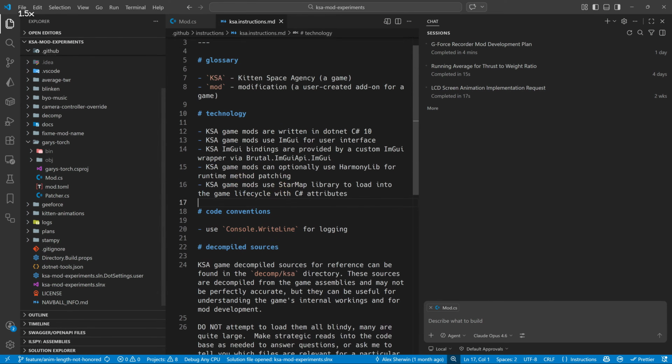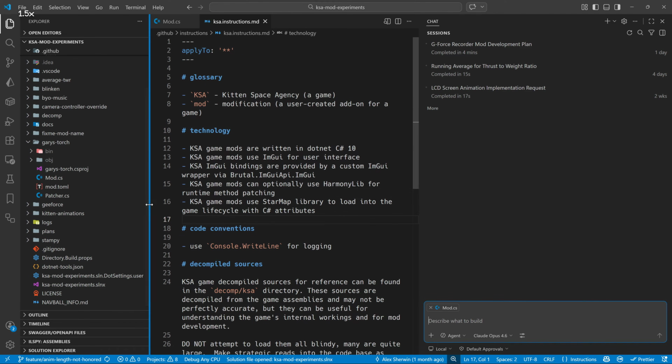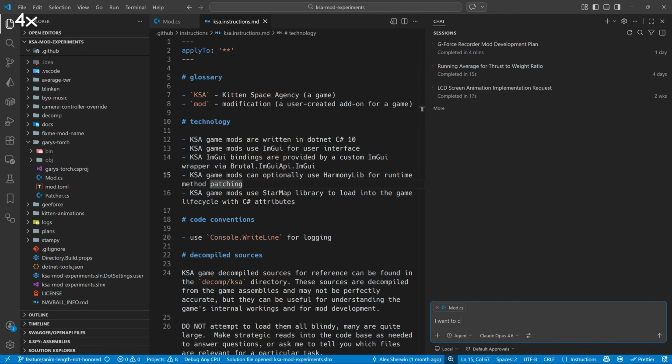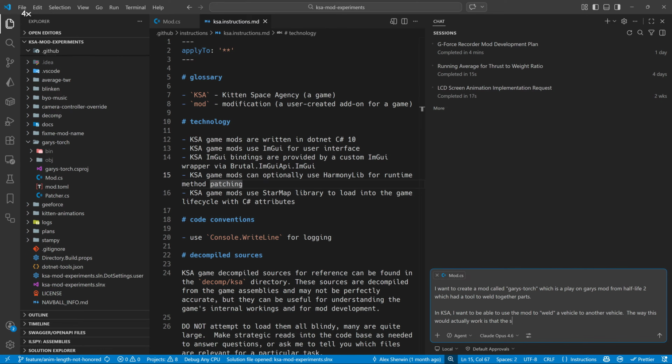So what I have here is a bunch of mods. I've already put together some decompiled source code for AI coding assistants to look at, and I already have some AI skills that help out with that. So what we're going to do is jump straight in here, and we're going to ask AI,